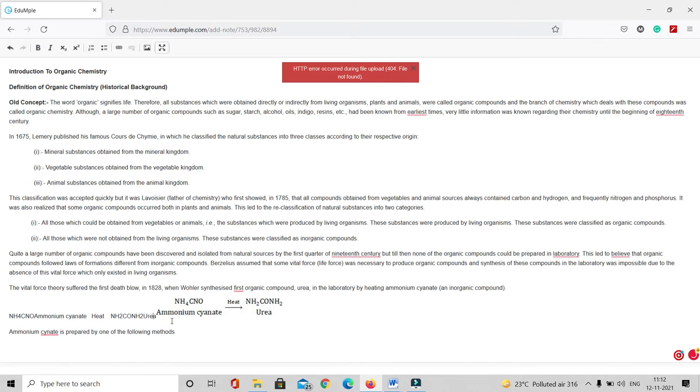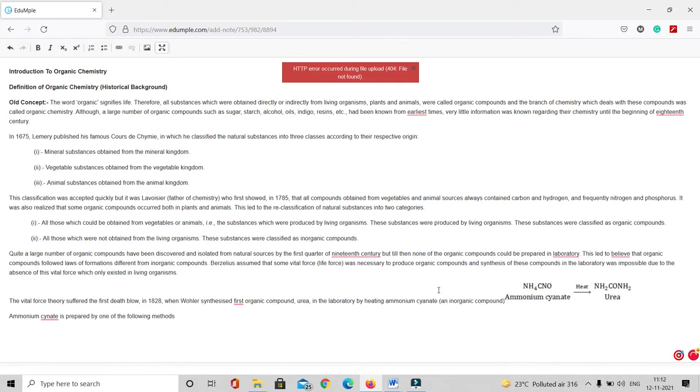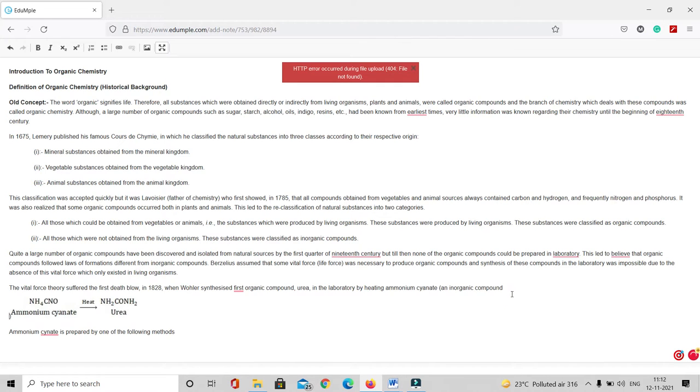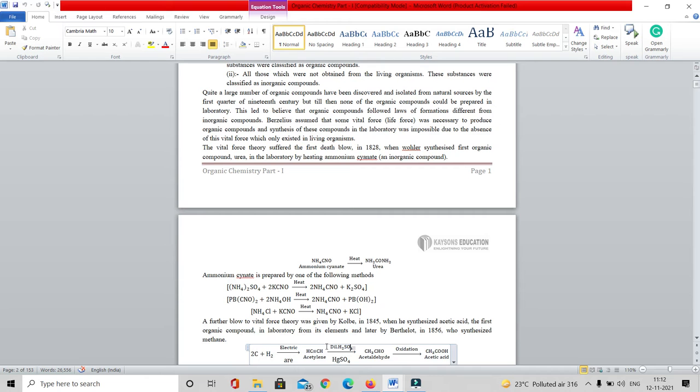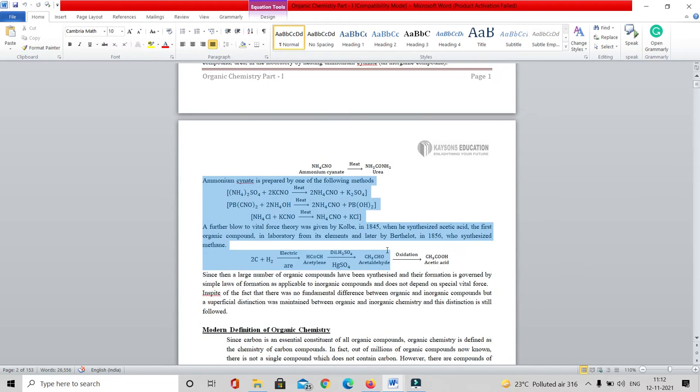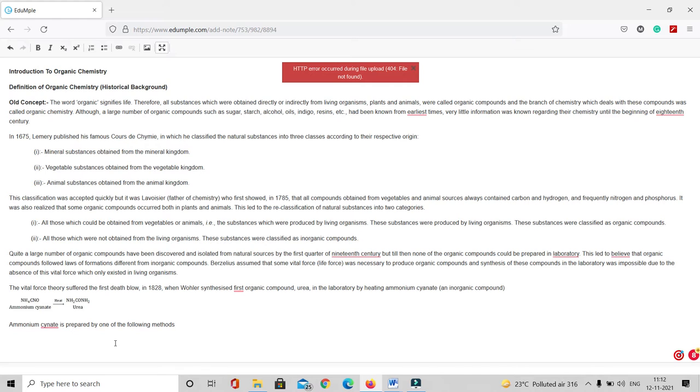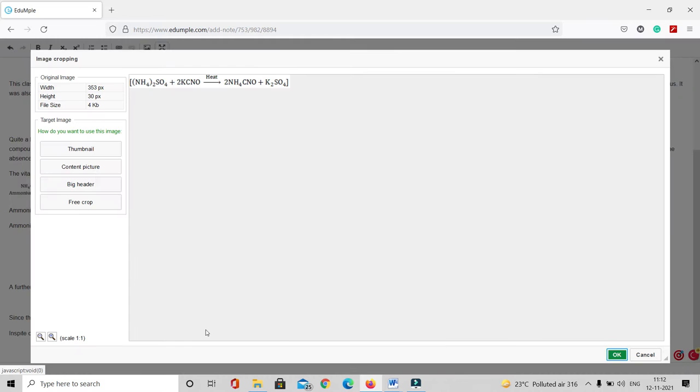Now whenever you copy an image or something like that, this part you'll have to delete. This is a normal text format. If you want to keep, you can keep that as well. Now you have to simply adjust the height of it. Maybe you can make it a bit smaller so that it looks within the entire thing. Then go back again over here, and suppose there are 3-4 images over here. So all you have to do is simply copy and paste. It will automatically upload the images. It will automatically do everything.